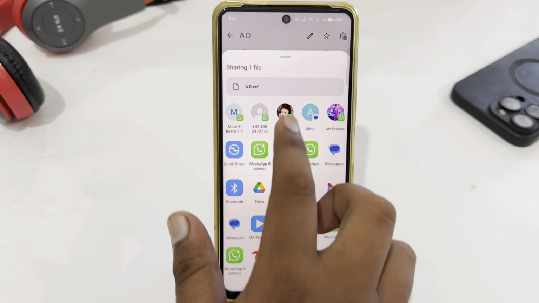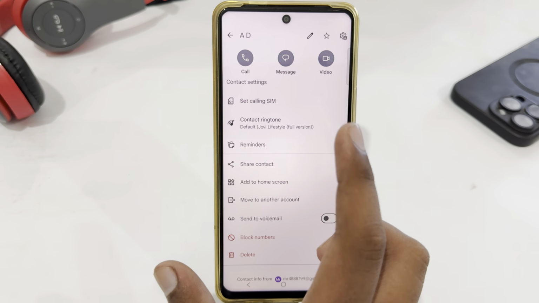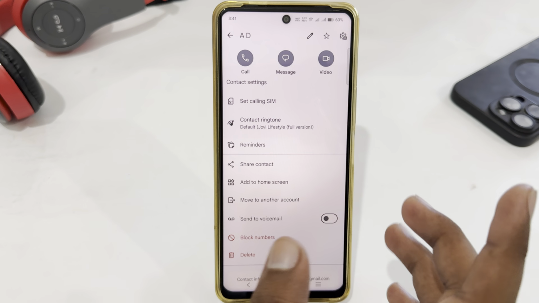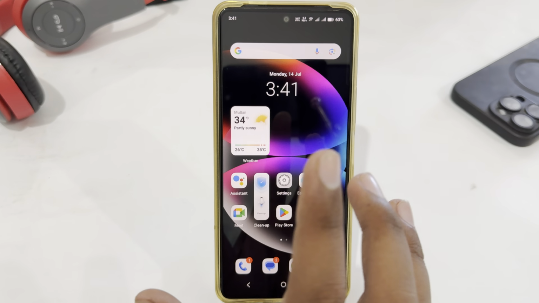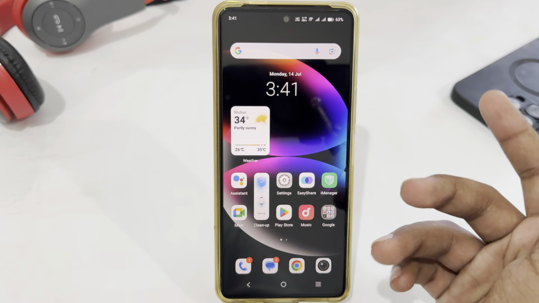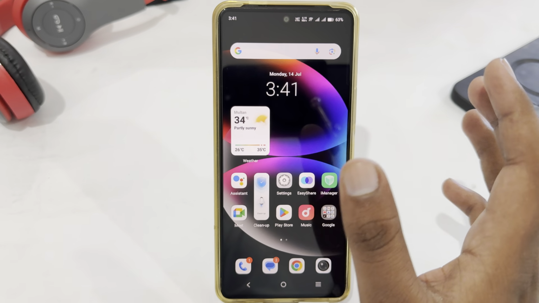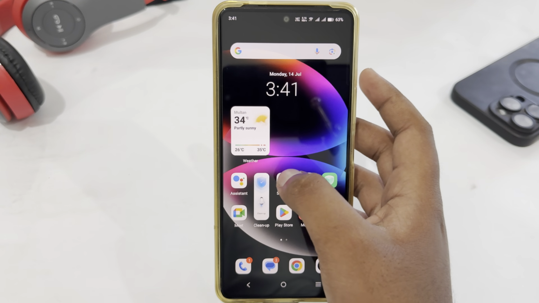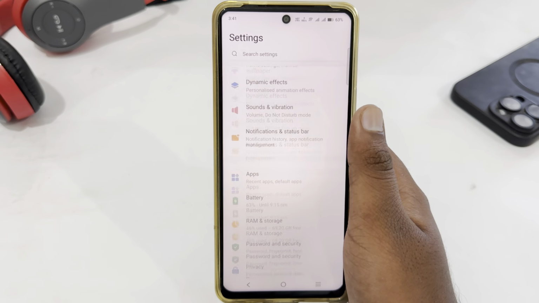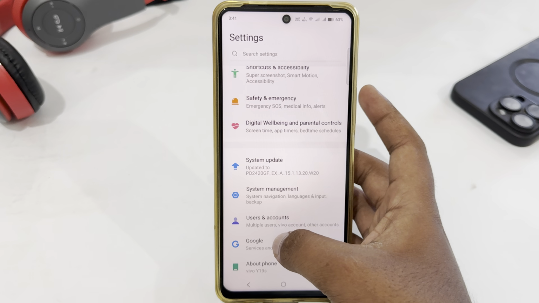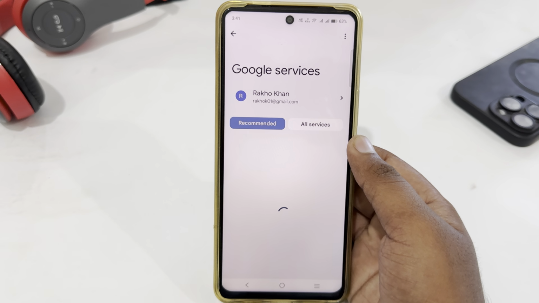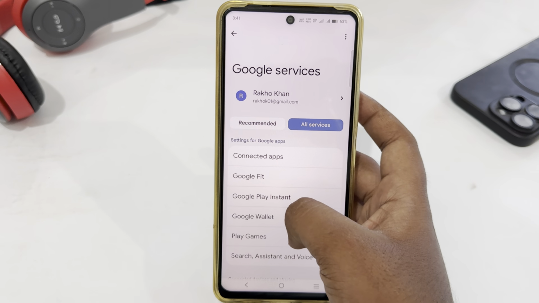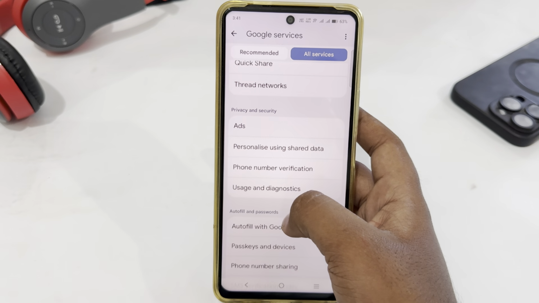By this method you can only share one contact at a time, but if you want to share all of your contacts at a time, you have a simple method, which is backup your contacts and then sync your contacts on the second device. For this you just have to open your phone settings, then open Google settings. In the Google section you'll get the all services option. Select it and here look for contact sync,